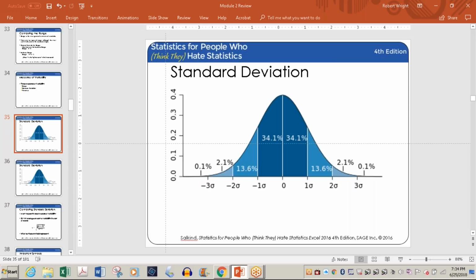And finally, you add another tenth of a percent. Now you're at 99.9. So this shows you, when you hear a report that a test score fell within the first standard deviation, they're doing okay. It'd be nice if it was plus, but they're probably still okay. They're close to the mean.